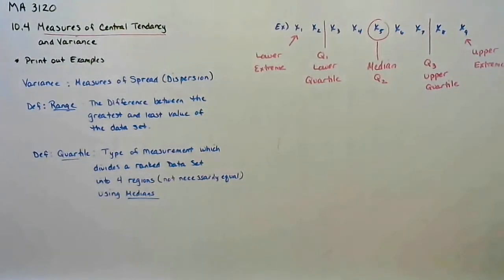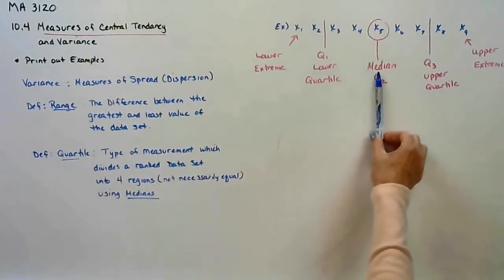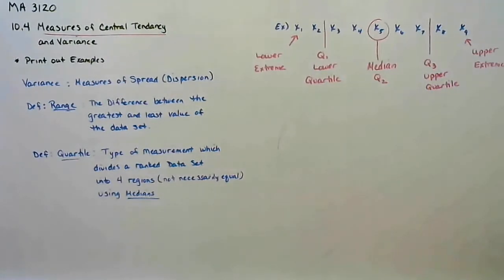So all our data sets are kind of focused with these 5 things that we need to focus on. Our lowest number, our first quartile, second quartile, which is the exact middle value, third quartile, and our upper extreme. All right, now once you have that down, we have something, and it's a very important idea, and it is